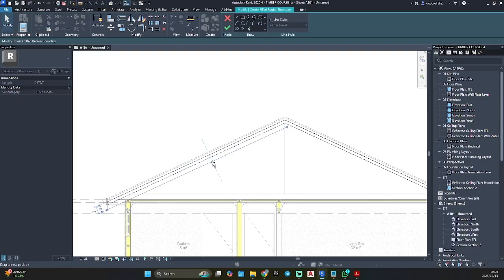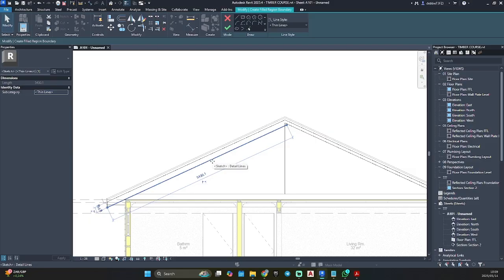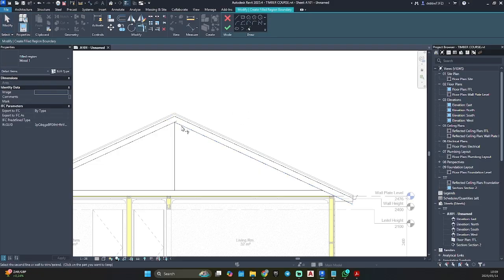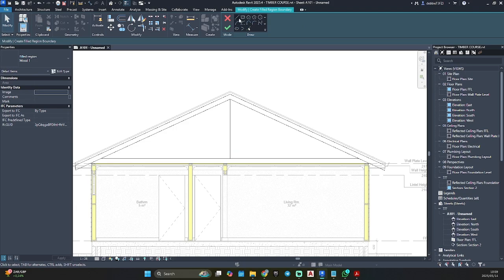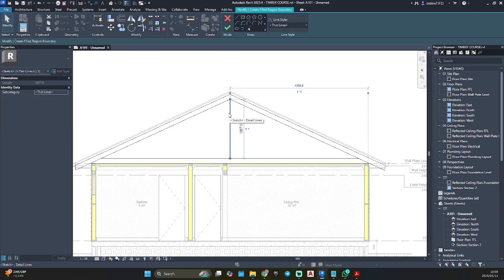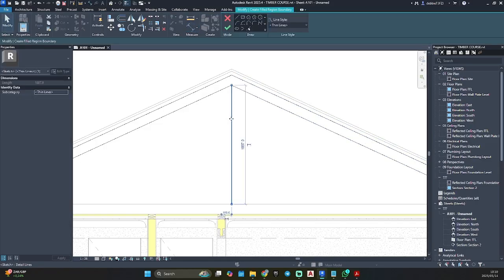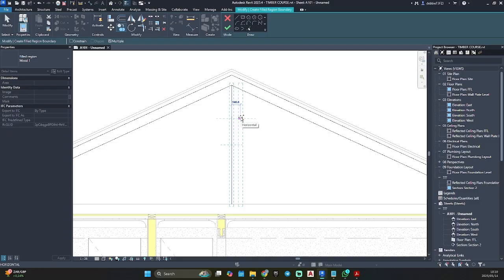So I'm just gonna make it a bit thicker because it's bothering me how thin it looks. Let's see how thick it is now. 148. Could be 75.